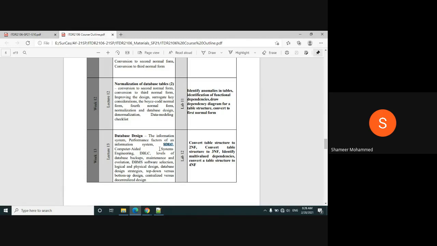SDLC concepts, waterfall model. Students, have you studied that one? Yes, studied. Based on that concept, similarly, you will design the database, and that is known as DBLC. Instead of systems development lifecycle, this is called database development lifecycle.